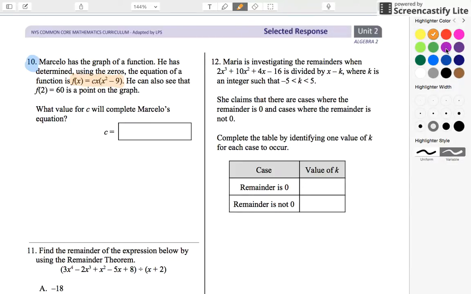Okay, well, this is just us figuring out what our key information is. Right here, this is f of 2 equals 60. So this just means when x is 2, y is 60, right? When your input is 2, your output is 60. I understand the tricky part of this problem is probably just recognizing the notation, right? Like all of this f of x, how do I... I thought sometimes you substitute a 2 here. You just have to pause and think, okay, if you are given a point,